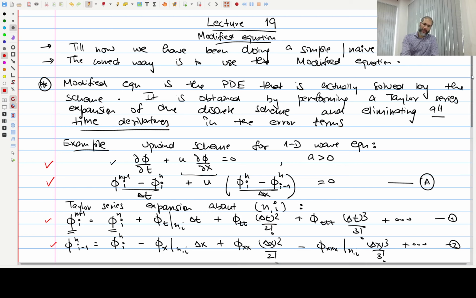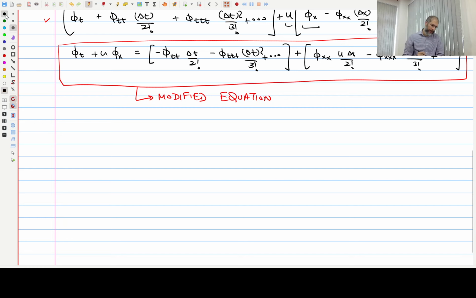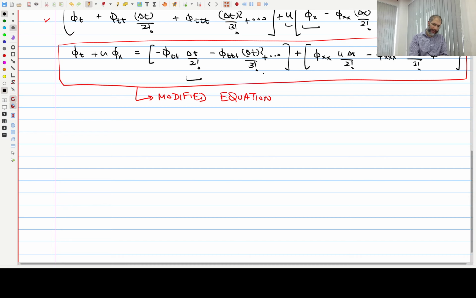So we'll see how we can do a better truncation error analysis using this modified equation. Now what I see is that my error, which is on the right hand side, contains terms which have delta t and delta x as the largest order error terms in t and x. So I could conclude, or I would conclude,